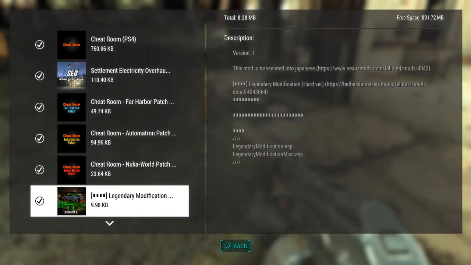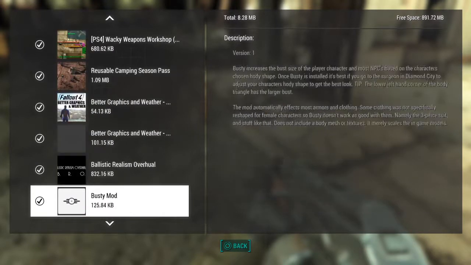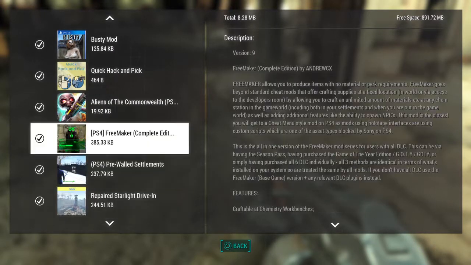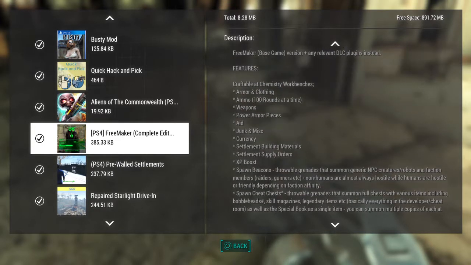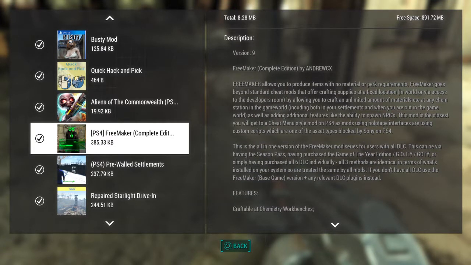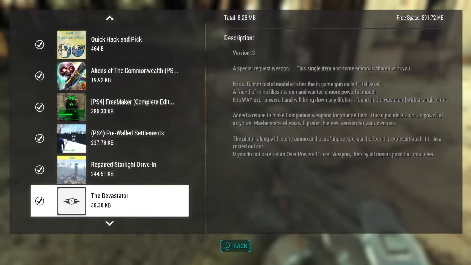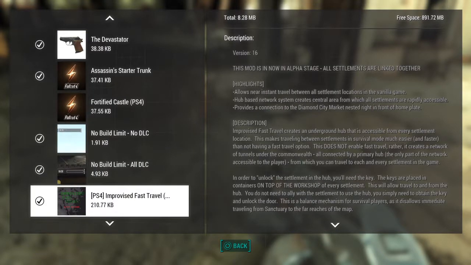Okay, now that that's loaded in, let's see. You're going to need the Freemaker Edition, Complete Edition, because it allows you to make power armor pieces. Then we need...